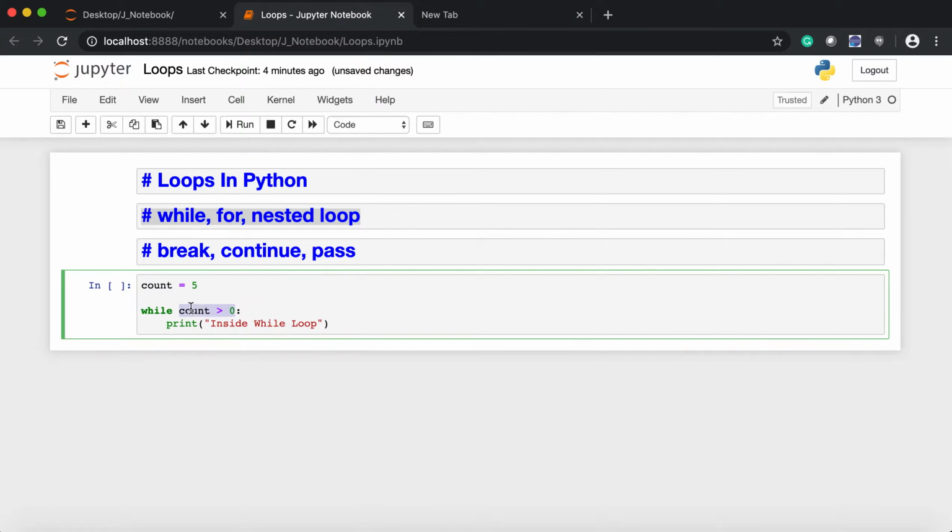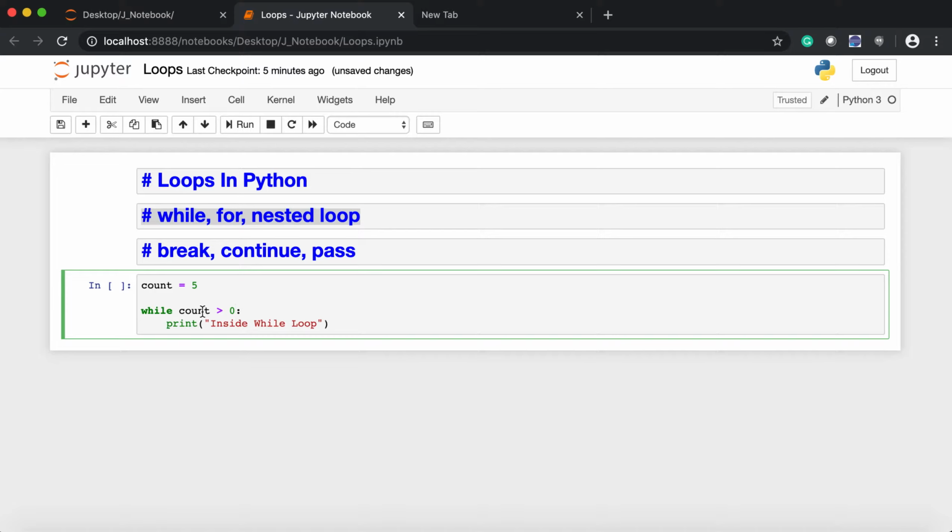Based on that, the while loop is going to decide whether the interpreter will go inside the loop or not. Here we have count equal to 5, and the condition is that 5 is greater than 0. Yes, definitely, so it will come inside, and this will execute multiple times